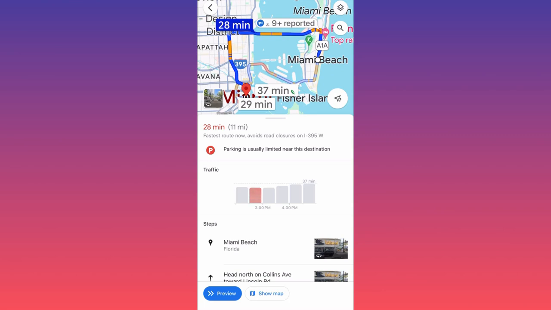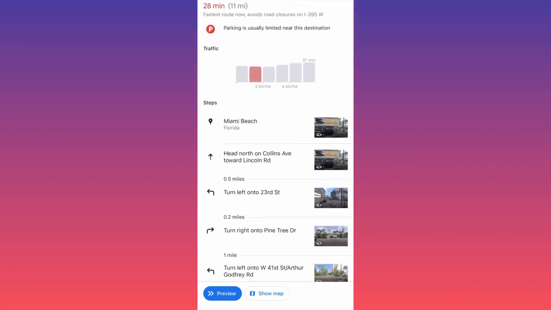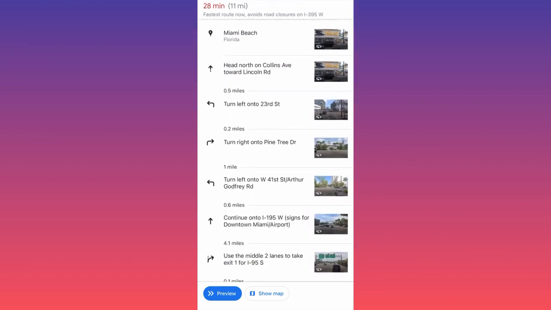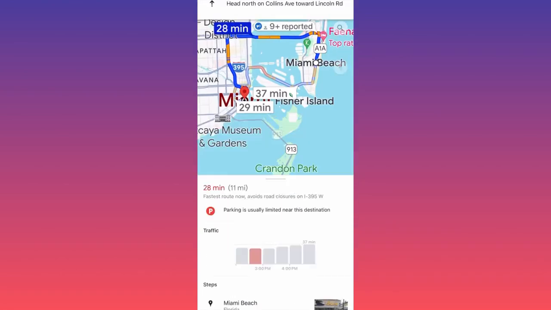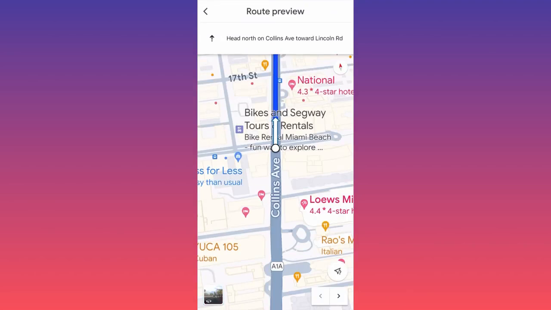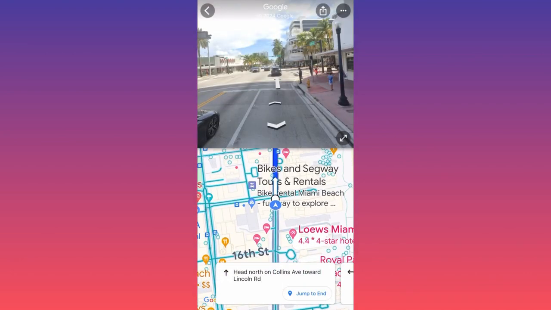So this is why you want to make sure you really do your own research and due diligence. If you want to drive, you can essentially use this. You can click preview and you will get the directions, and if you click start, you will be able to use this as an actual map and GPS in real time. On the lower left corner, you will see the street view. If we click on this one, you will be able to see the street view and the actual whole trip, the whole road from Miami going to Miami Beach,